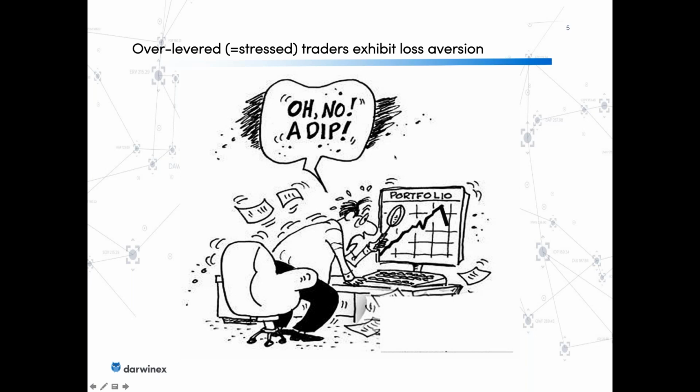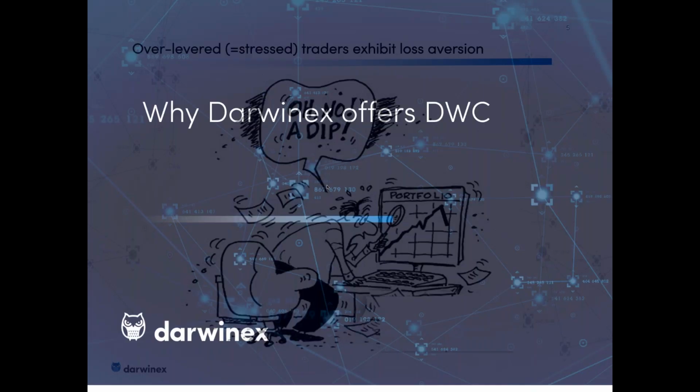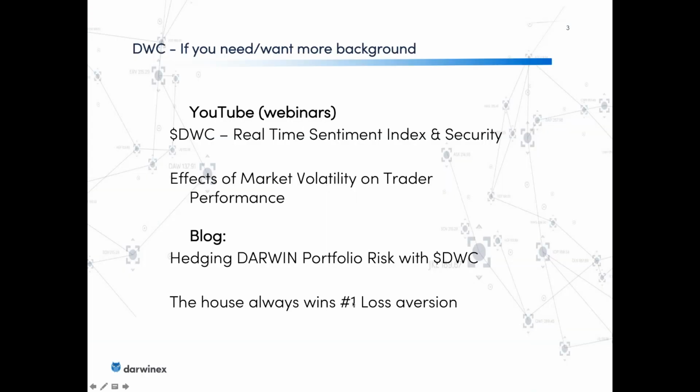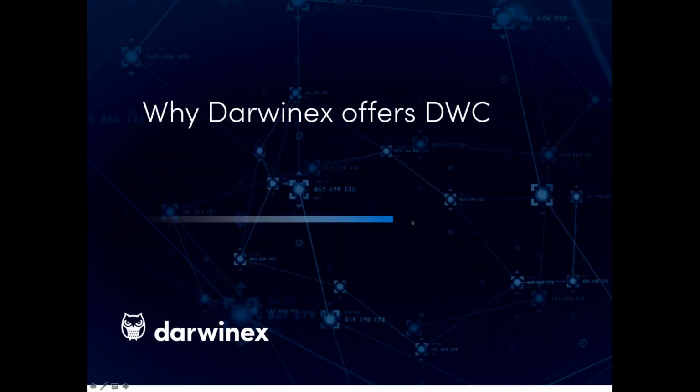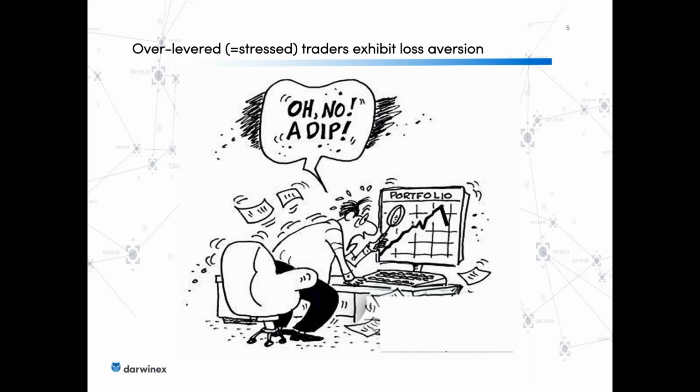If you want to read up on that, I have a book that I can recommend. It's called Thinking, Fast and Slow by Daniel Kahneman. We refer to it in the blog, so if you want to save the book, you simply go to The House Always Wins: Loss Aversion, where we explain this in a bit more detail. But it's actually, so Steve is asking, it all depends on your perception of value, and the answer is totally. So when the value is small enough, you behave as a rational being, as a calculator, as a risk-neutral being. When the value is too high for you to fathom, and that too high is a subjective value, then at that point, that's when you become irrational and you become loss averse.